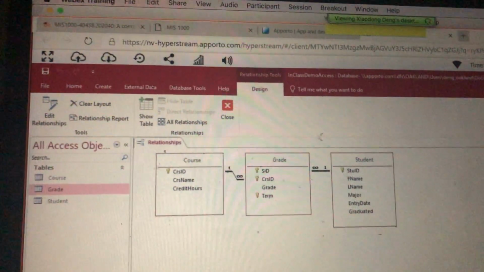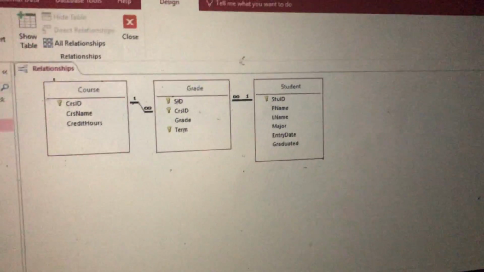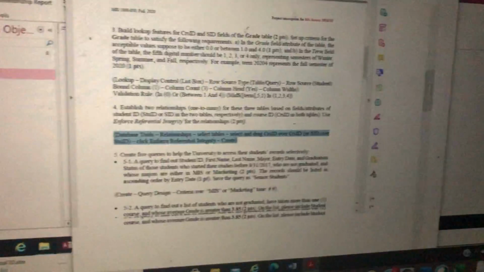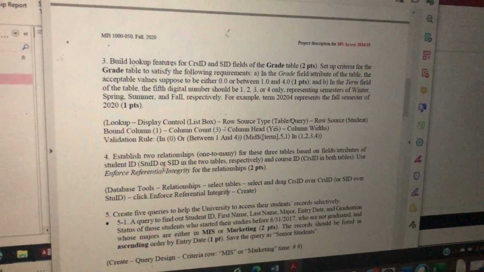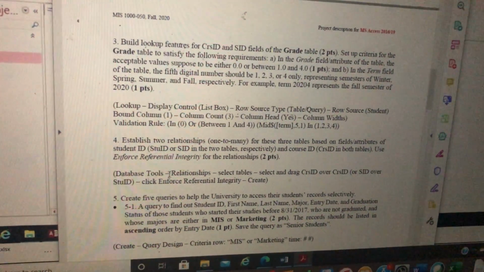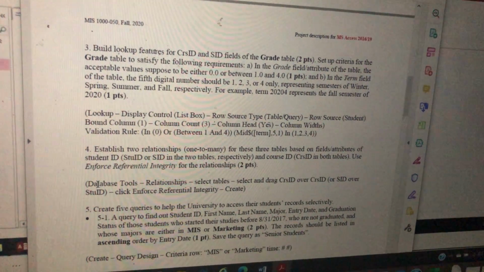Save the work. Okay, so requirement number 4 is done. Now when you come back to here again, it may make better sense to you. So you go to database tools,